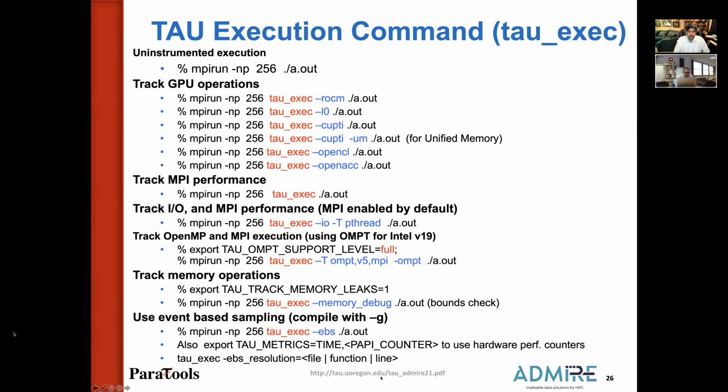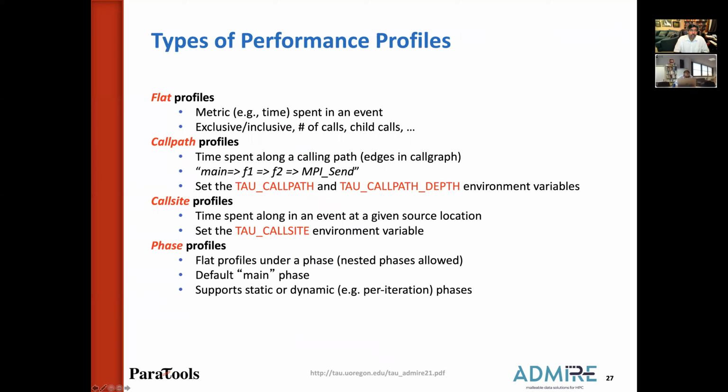So to recap, if you have an uninstrumented binary that you launch like this, you can just turn on something like tau_exec -ebs to get the first profile file and see where the application is spending its time. You can generate flat profiles that show you just the execution in each function and statement level, or you can turn on call path profiling and then see the time spent